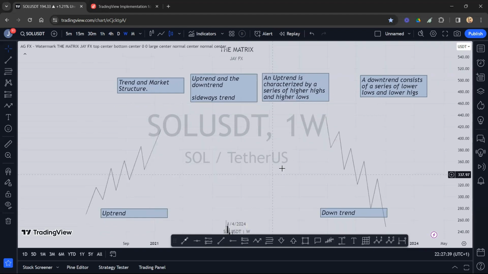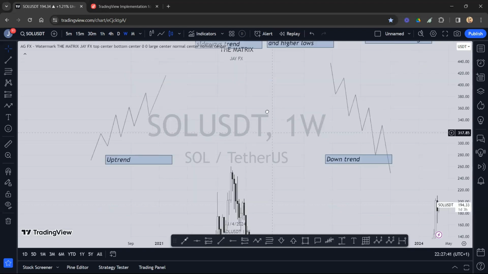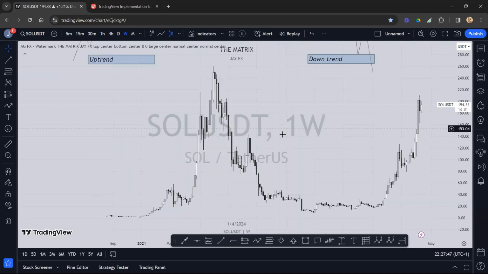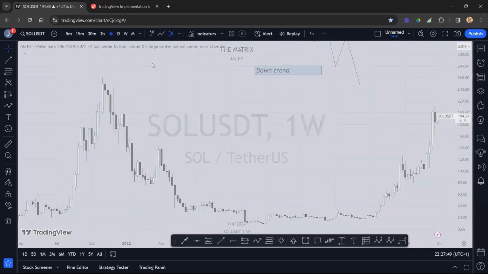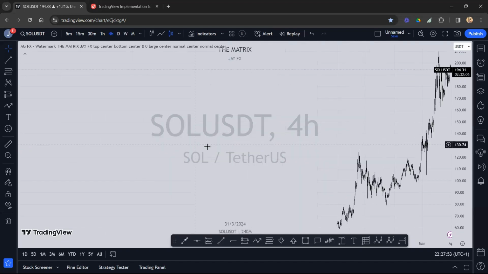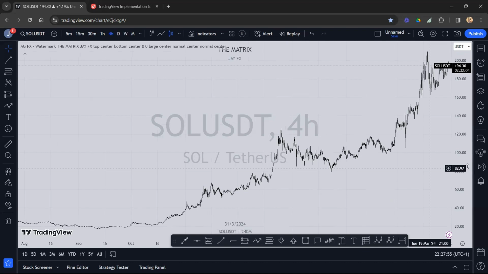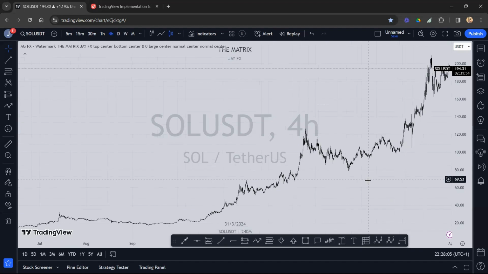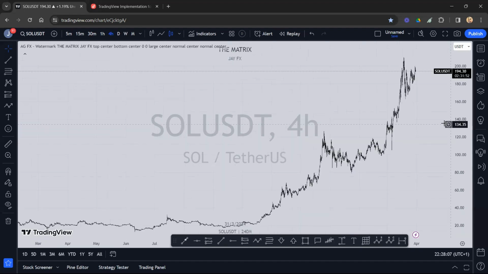All right, so let's move ahead. Let's enter the chart and look for example. Let's get in. All right. So this is Solana. All right. So what trend is this? This is an uptrend. All right. Perfect. So you can see